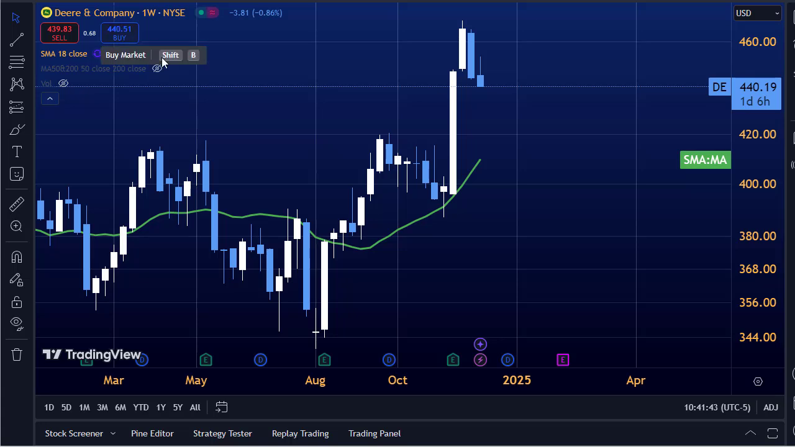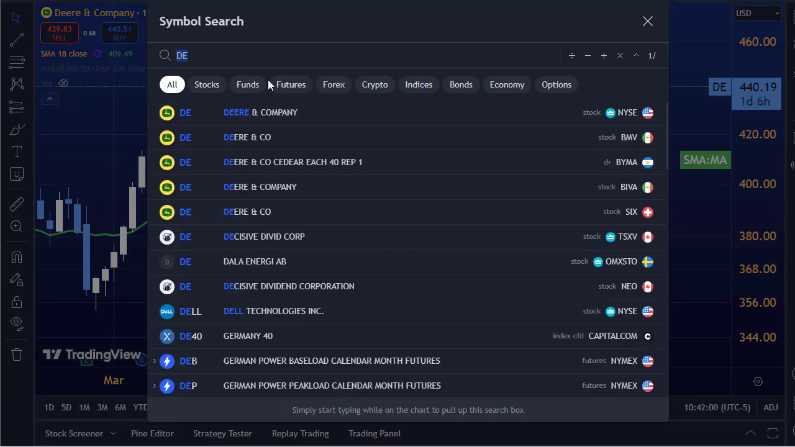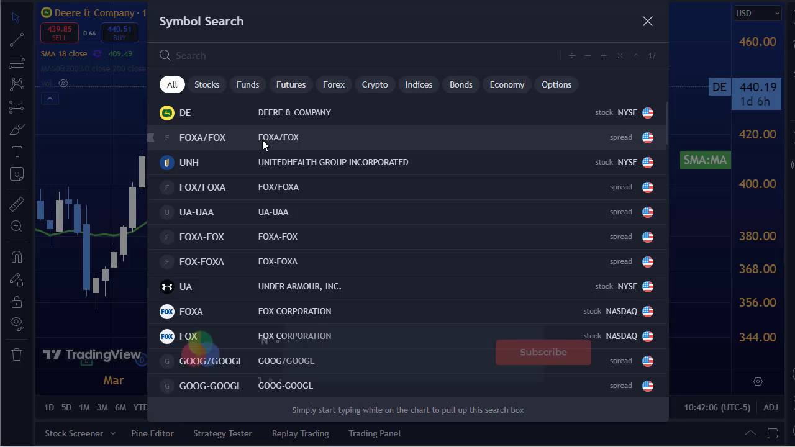For example, for most of the stocks it's very sufficient to have 2 decimal places, which is the default setting in Tradingview. If you want to change this, for example, if you have a pair trade or a ratio, let's see, for example, this one,